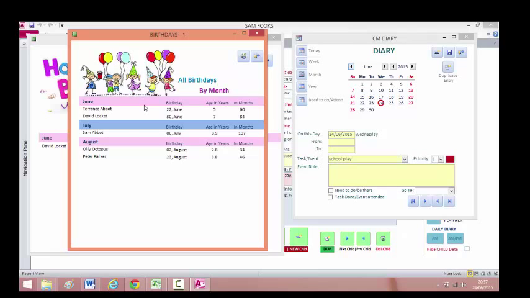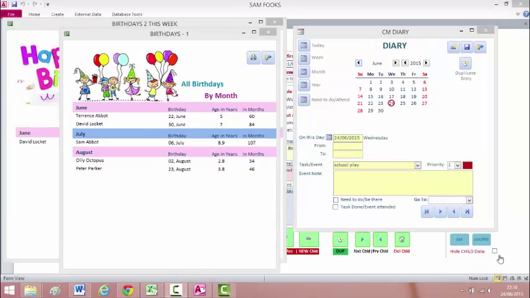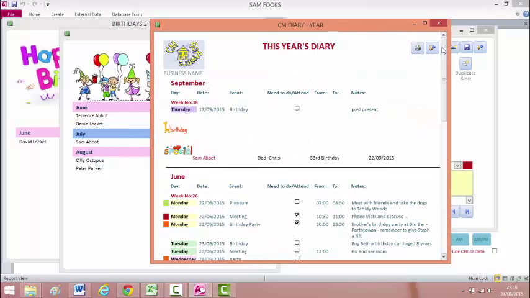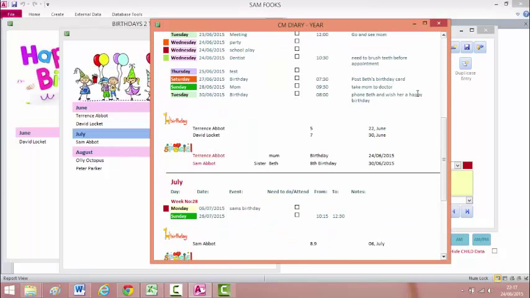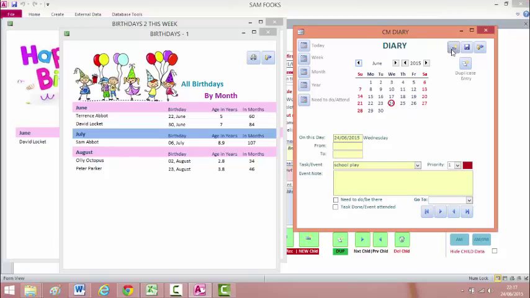But this will also give you the information right next to you, so you can add in the children's birthdays. Now something to think about with this one is when you've got the birthdays that list all the children in your setting. Now as I explained before, the ones that automatically populate from the child's main form go into the year. And this means that you will have to go into the year in order to get them, but they're still there as reference. Now what you could do is use the birthdays, and anything that's entered into this part of the diary will be available in your pop-up today and your pop-up for the week. So all you could do is click on new,